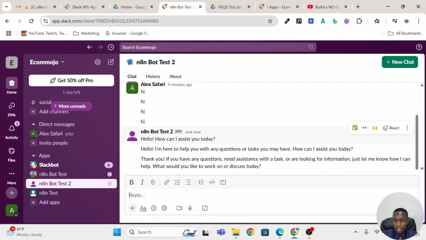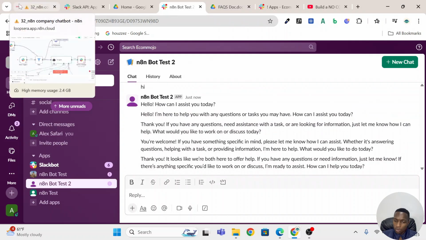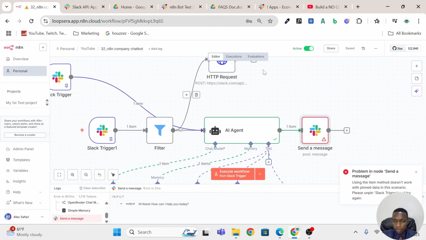But it goes back and forth. See, there's a problem. So we need to make a slight adjustment to this workflow. It looks like it's replying to both messages you send to this AI agent and the message this AI agent comes up with. So we need to filter out messages from this AI agent, so the replies from the AI agent. And how you do it is using this filter node,